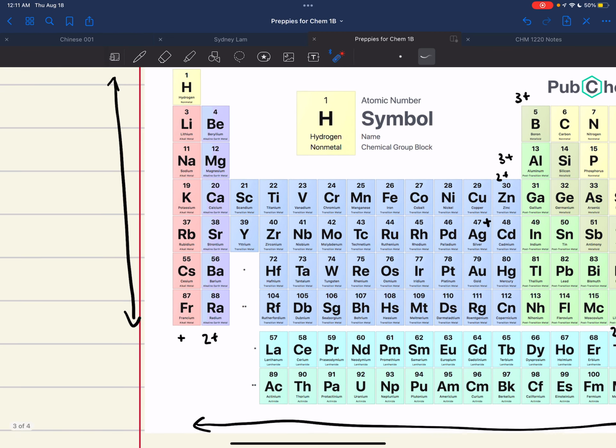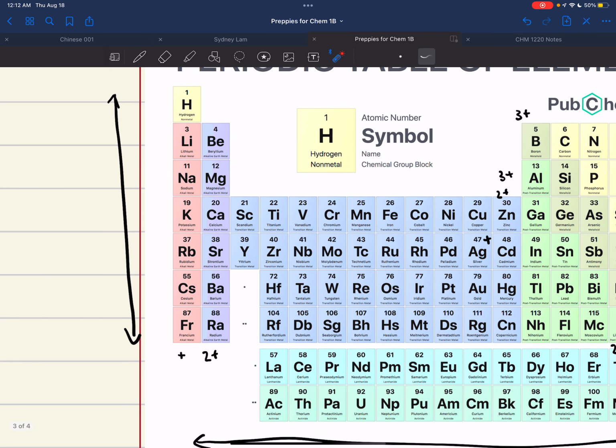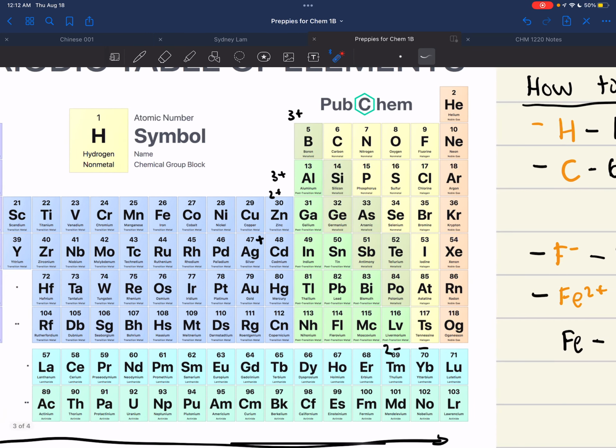For example, everything on this side, all the way on the left, is trying to lose an electron, because this here would be 3s1, and if it loses that 3s1, it would be at